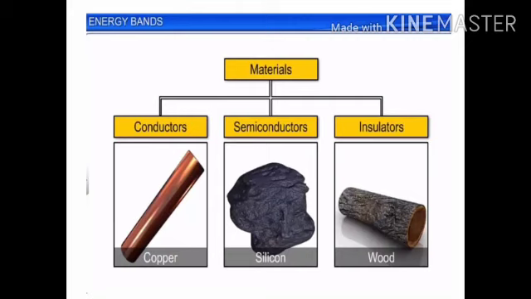How the current is conducted in the materials determines whether they are classified as conductors, semiconductors or insulators. Here you can see that for a conductor, the example is copper, which is a good conductor of heat and electricity. For insulators, the example is wood, which is a bad conductor of electricity. Semiconductors, as the name itself indicates, semi, are partially conductors. These semiconductors can be converted into insulators and conductors.